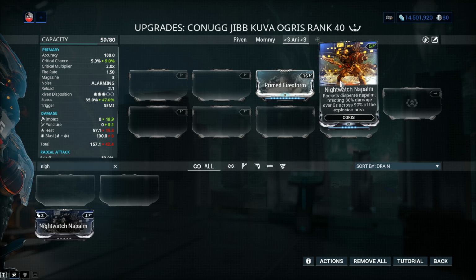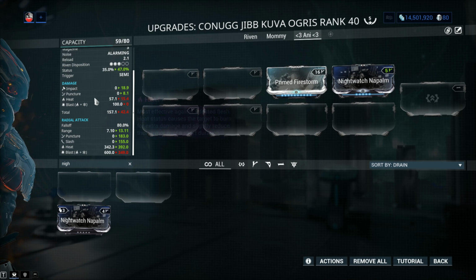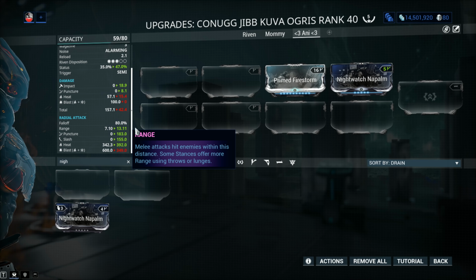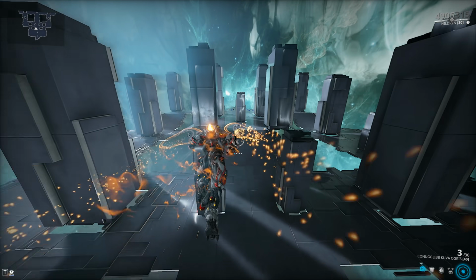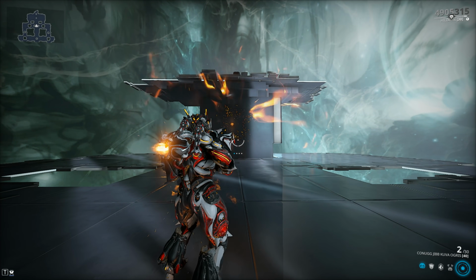Rockets disperse napalm, inflicting 30% damage over 6 seconds across 90% of the area of explosion, and this increases that. You get it? You get how that one works? It's going to be absolutely bloody fantastic. Now with Primed Firestorm, you're going to 13.1. You also have to remember how the effect looks. Let me show you. So like that. It looks like the wall is burning, because...